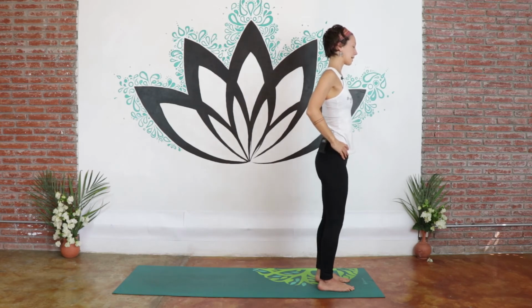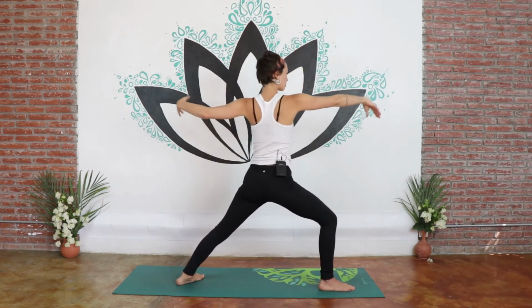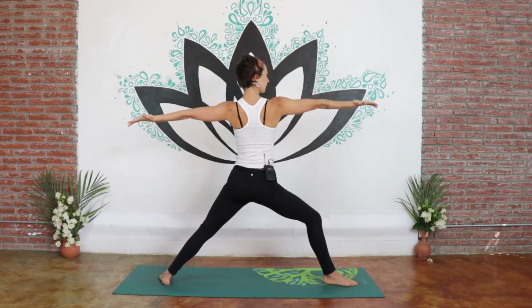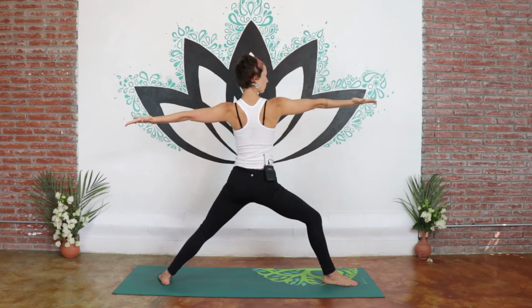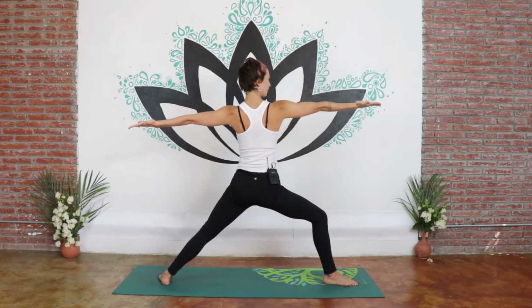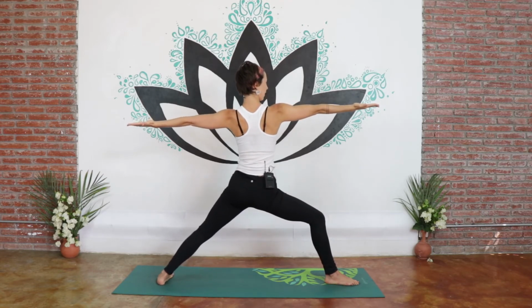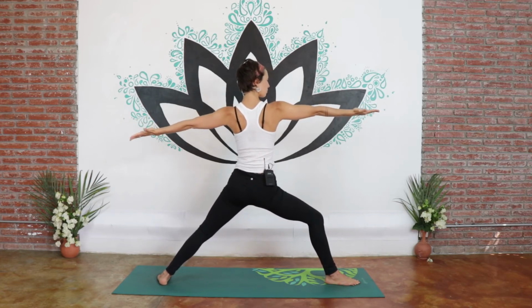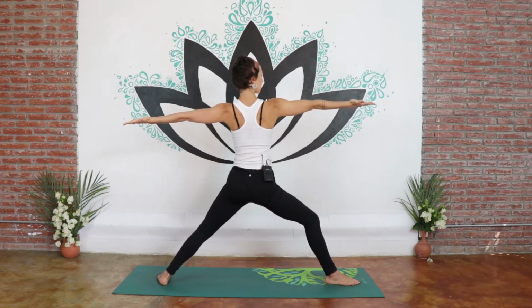And let's go ahead and exhale, step the left foot back and open into warrior two. Bringing the palms face up, looking over that right arm, sinking the hips down a little further, taking your 5 breaths here, really drawing up energy, drawing up strength through the feet, through both of the legs, opening and lifting the chest,